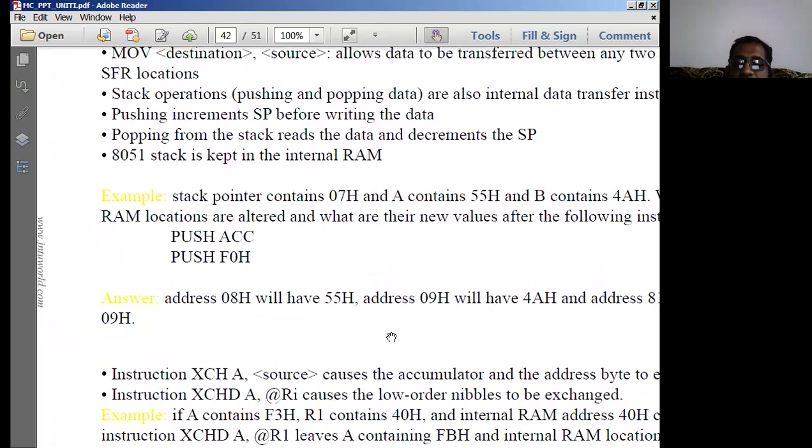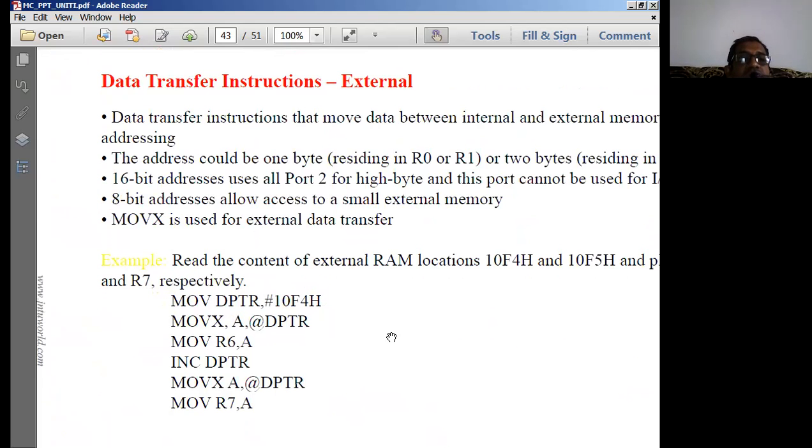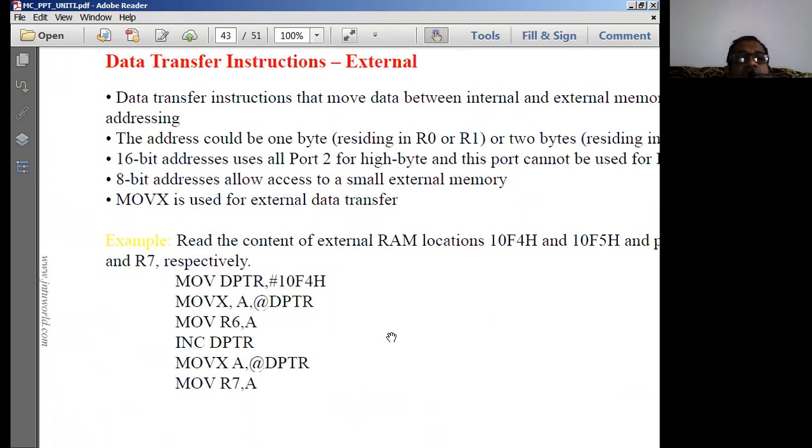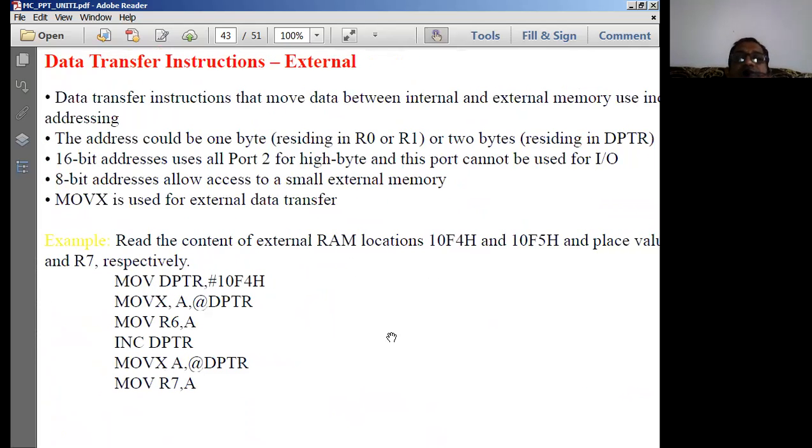Okay. Now let us look into the next instructions. Let us take another example, interacting with external memory locations. Using the push instruction, we are interacting with internal memory locations using the stack pointer register. Say for example, I want to use external memory. You have the EA bar pin. Using the EA bar pin, we can connect the 8051 microcontroller to the external memory. How we transfer data from such external memory into the microcontroller is the point of discussion, where we normally use these instructions.